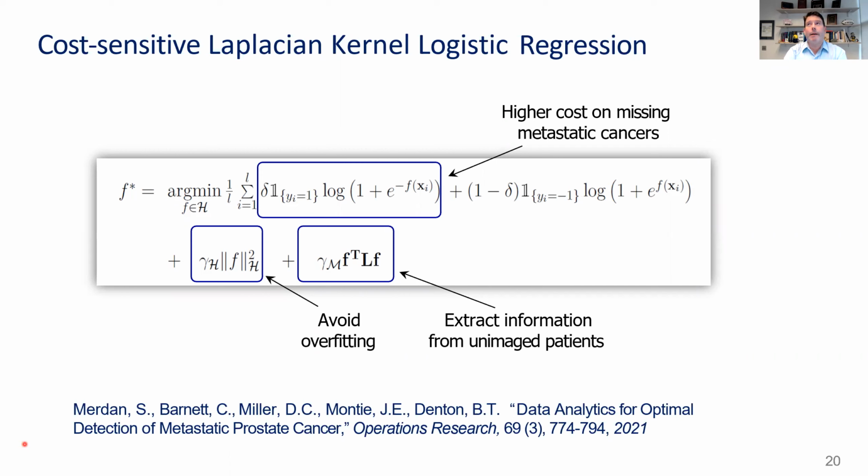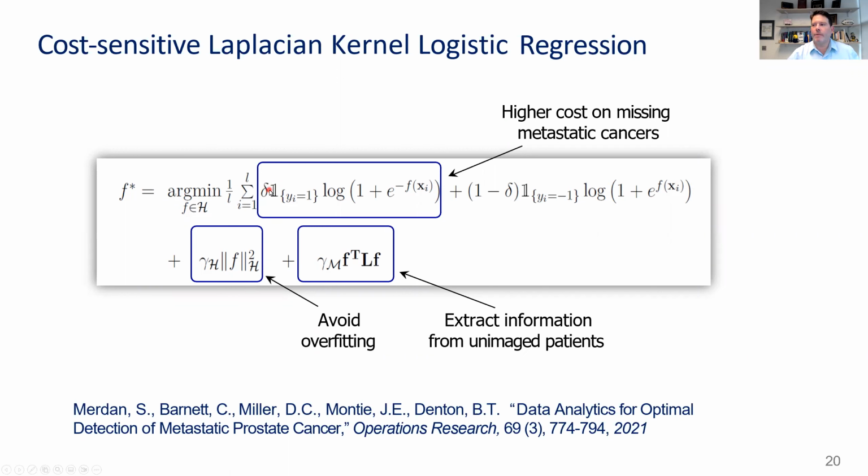And again, we have to think about those patients who have missing data. If we ignore them, we're going to end up with a classifier that is very biased. What you're seeing here, some of you might recognize, is the logistic loss function in the first two terms, but there's a delta here. The delta represents some number between 0 and 1 that we use to weight